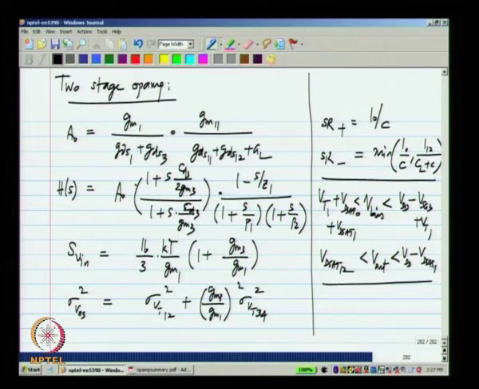So, what does the two stage op amp offer us that the other op amps that we studied so far do not? First of all, it has a higher DC gain, of the order of gm by gds square if it is a capacitive load, and even with a resistive load, the first stage can be designed to have a substantial amount of gain. The noise and offset are contributed only by the first stage, so it is similar to what we would get in a differential pair. And the slew rate depends on whether the first stage or the second stage is limiting it. It can be similar to what we get in a single differential pair stage.